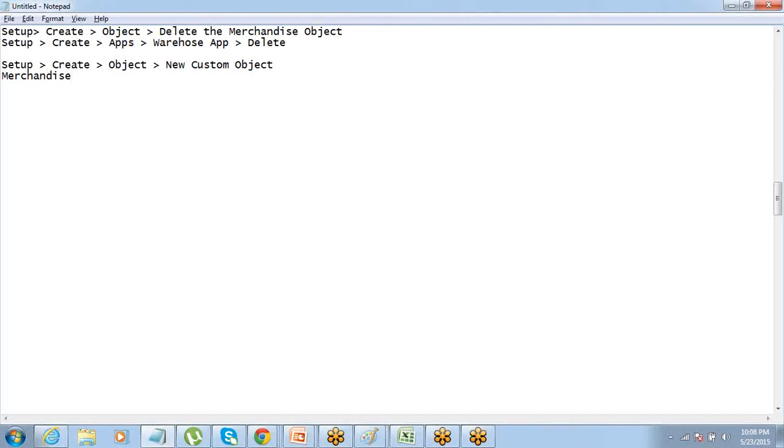Okay, got this? Simple, easy, cool. So we have got this setup: create object, new custom objects, merchandise. All right, that's there.